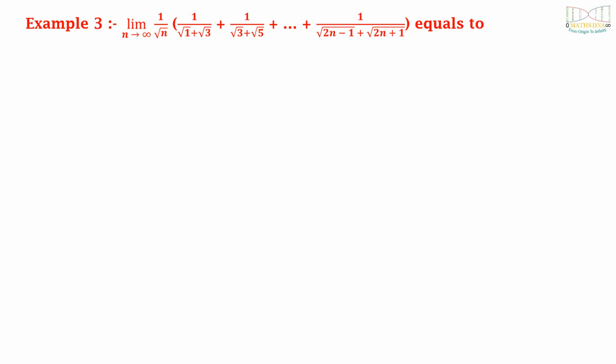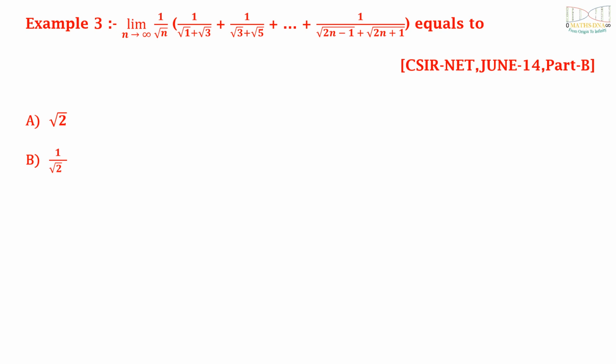Also, a similar question was asked in a previous year. That is, limit n tends to infinity 1 by root n [1 by root 1 plus root 3, plus 1 by root 3 plus root 5, up to 1 by root 2n minus 1 plus root 2n plus 1] equals. The options are